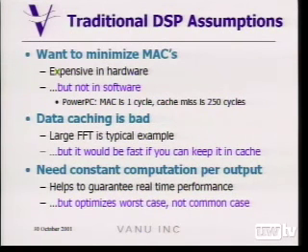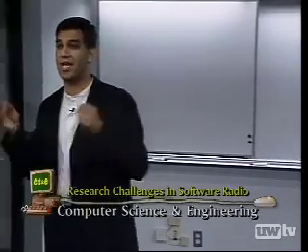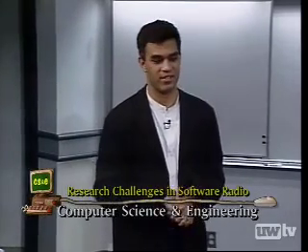The third assumption that's often made is that you need a constant amount of computation per output that you get from the algorithm. This is actually a pretty good thing to do in hardware. You have a certain number of transistors there, and that's what you can run every time. And if you can fix it so that it's a constant amount of computation for every output, now you have a very good idea of how much time that is going to take, and you can add up the time for each of your modules and figure out what your real-time constraint is.